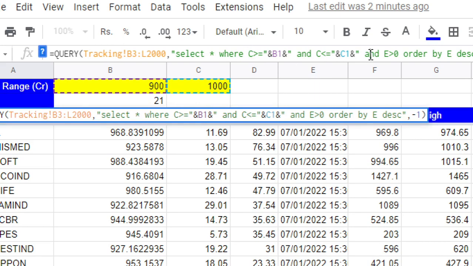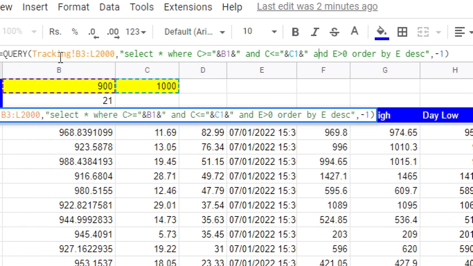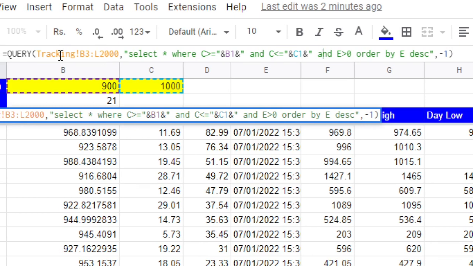Now using this AND operator, we can also specify other conditions. For example, I write E is greater than 0. In this case, column C in our tracking sheet represents market cap, and column E represents earning per share. So we want to get all the stocks whose earning per share is positive. So we write E is greater than 0, and once we get all the scripts, we want to sort them based on